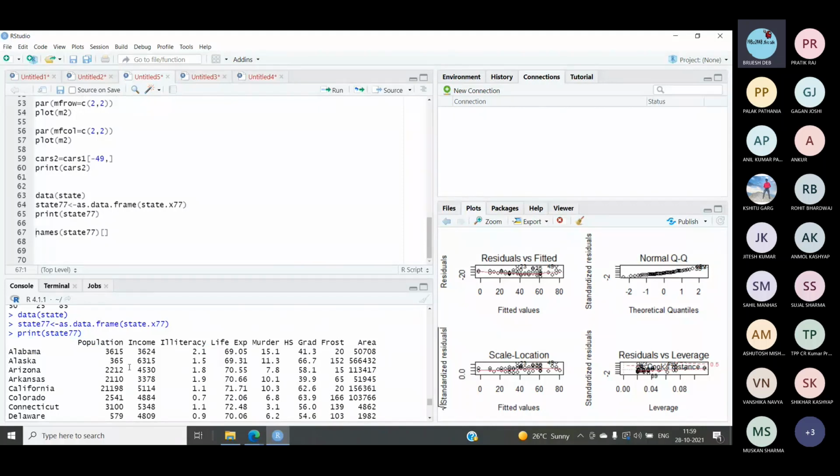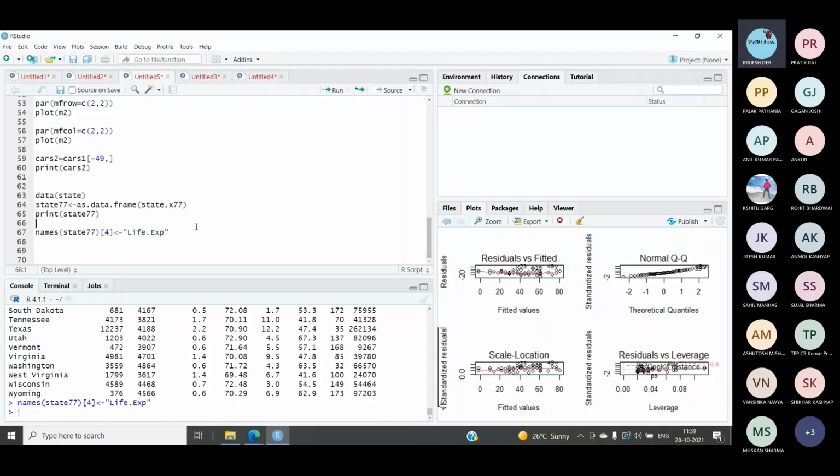For life expectancy, it's 1, 2, 3, the fourth column, and for hs grad, it's the sixth index. So first we will specify 4, which is the index for the column, and here we will mention life.exp. Done.